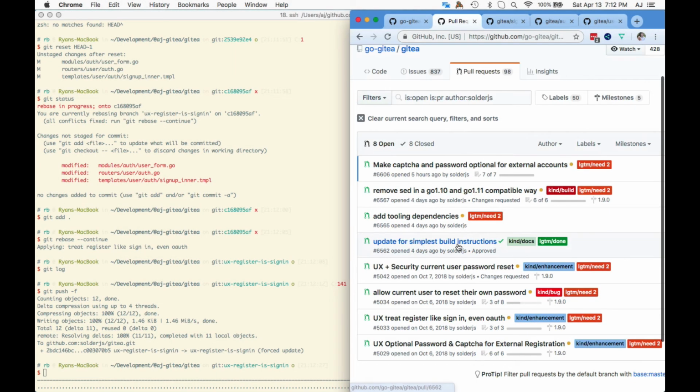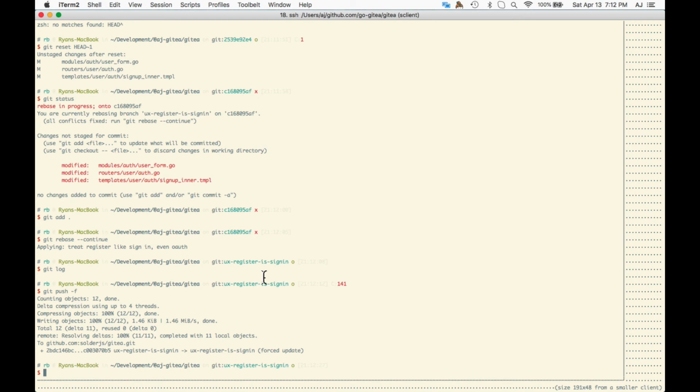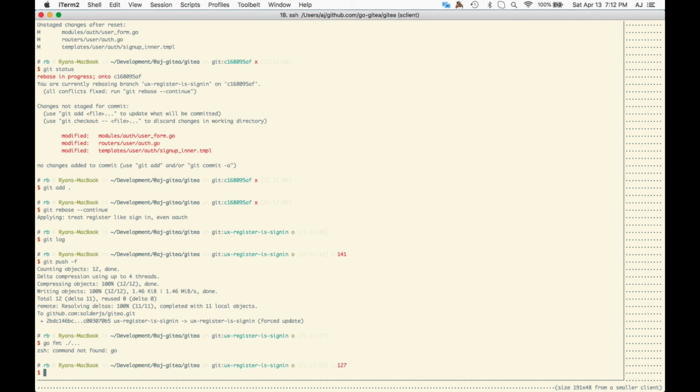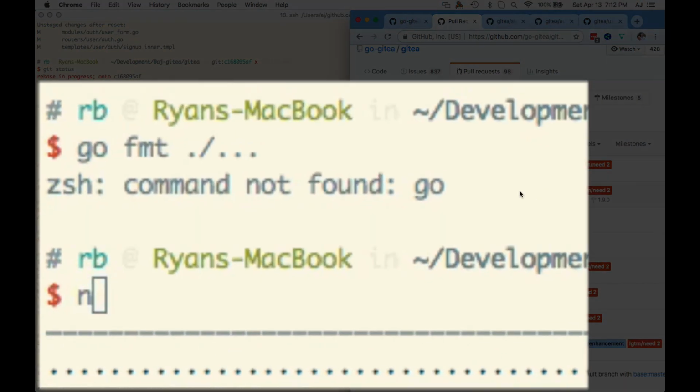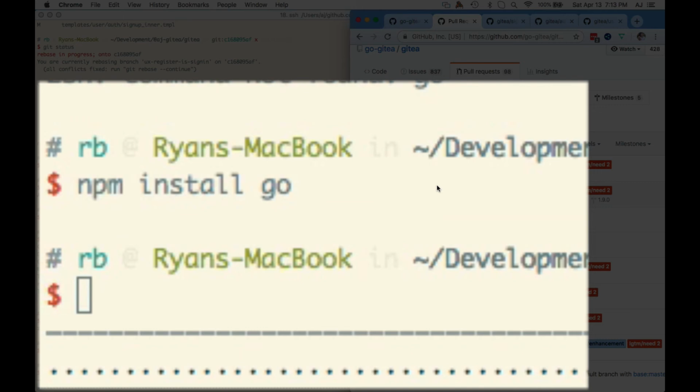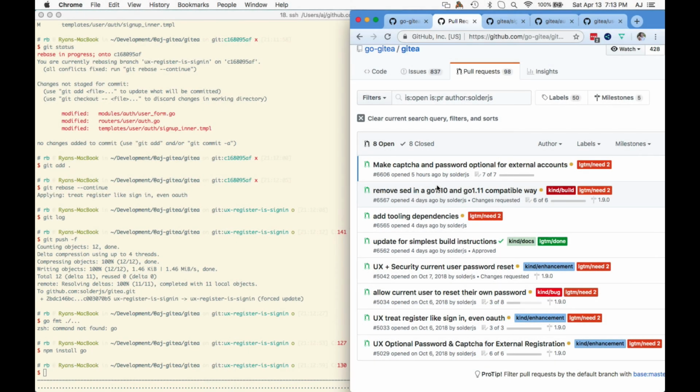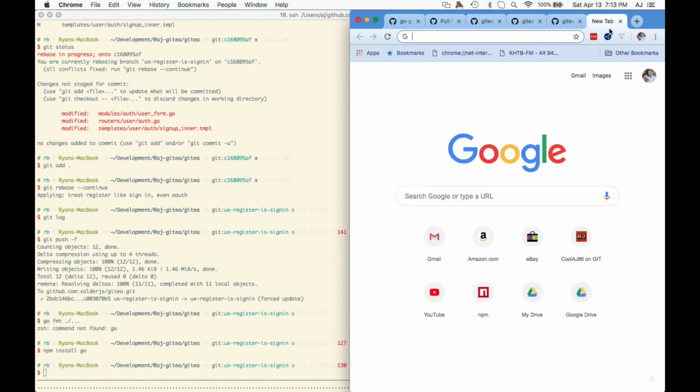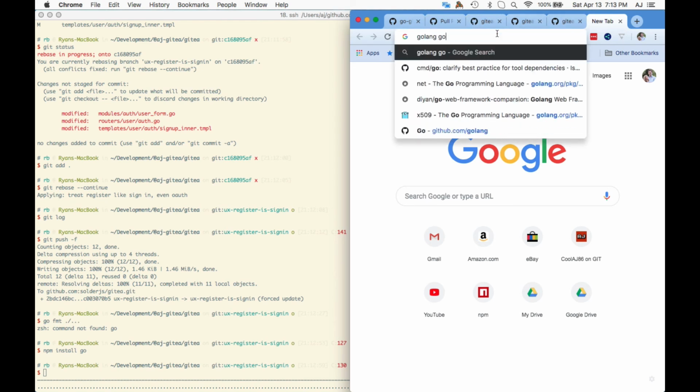I guess we should probably also build locally. Let's do a Go format here. Oh, you don't have Go on there? How would you recommend installing Go? It's actually really simple. I don't know if I want to sidetrack for this right now. Yeah, it's really fast. So let's do it on your computer. You've got it on your end, right?